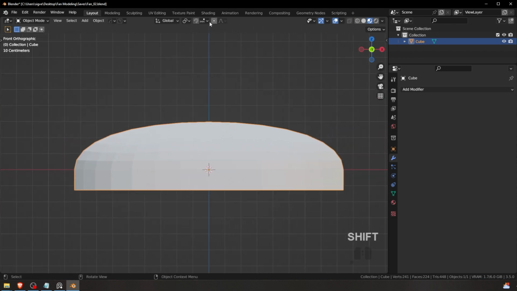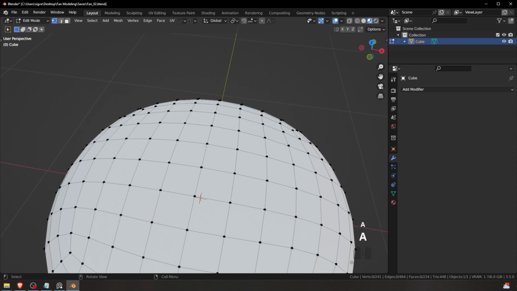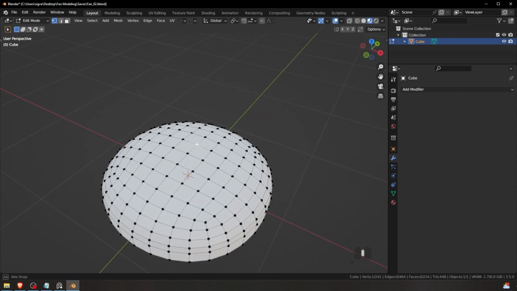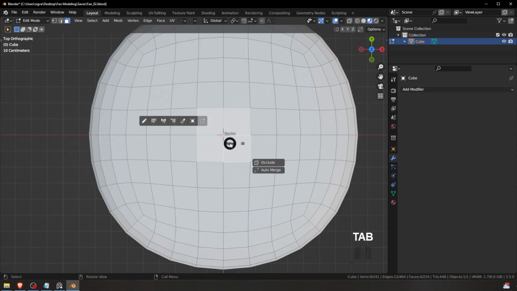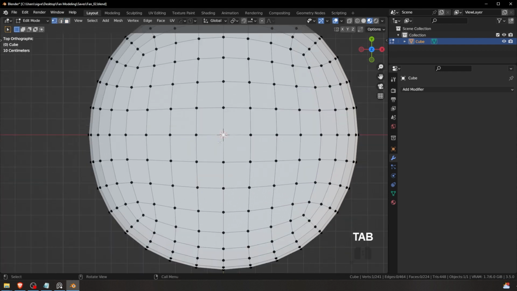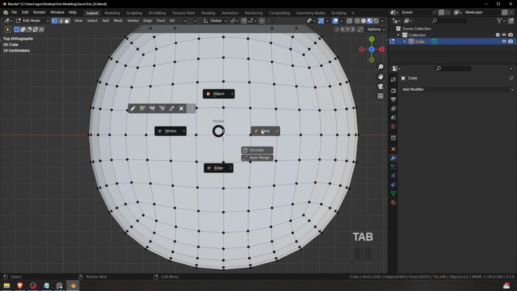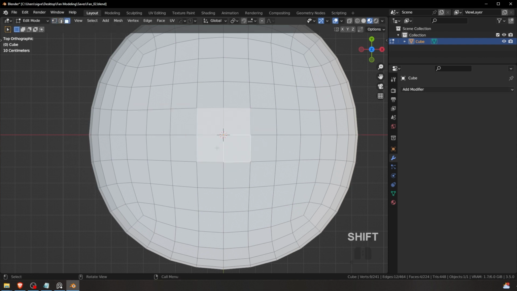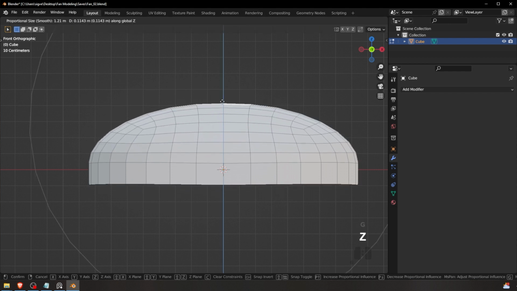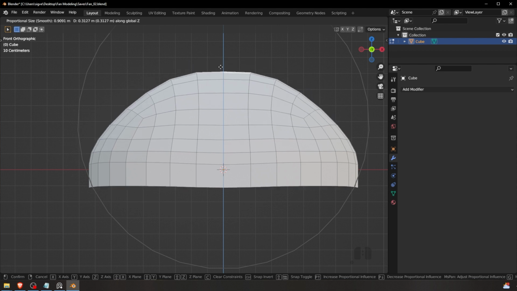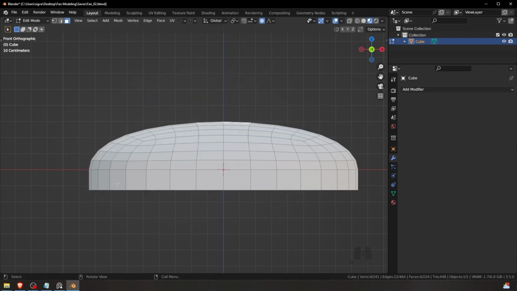So you could just play with this tool right here, proportional editing, and that's what we're going to do. So just select the center on the top right here. You can just select these 4 faces or this vertex in the center, it doesn't really matter. I mean, we can just select these 4 faces like this. And now enable proportional editing. And okay, so the bottom deforms. We don't want this bottom to deform,